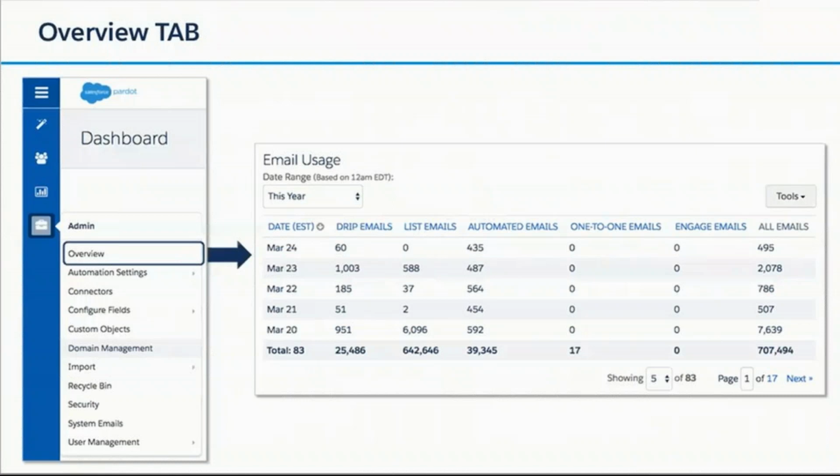The second one is the list emails. Here we need to choose a specific target list of prospects to send to. Whenever you are creating a list email, you need to attach a list or multiple lists of prospects in the email marketing campaigns. The third one is an automated email,